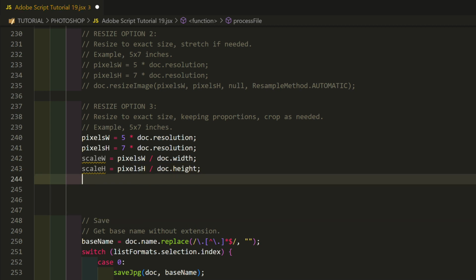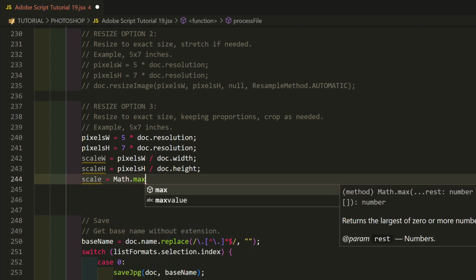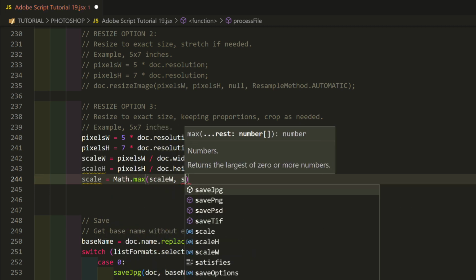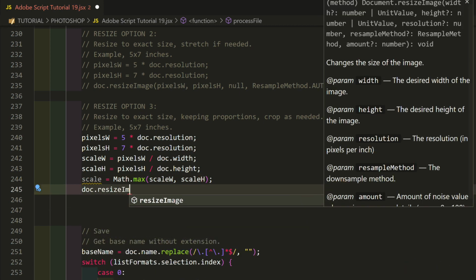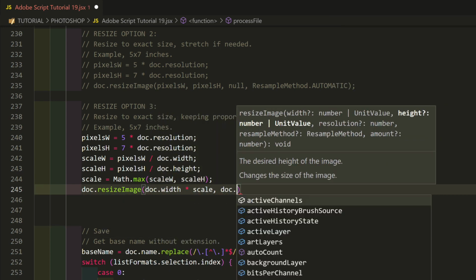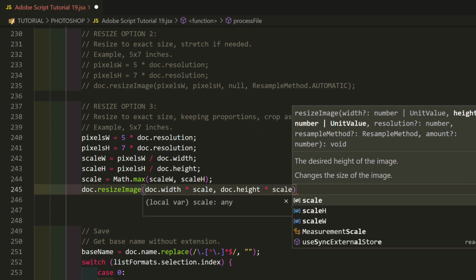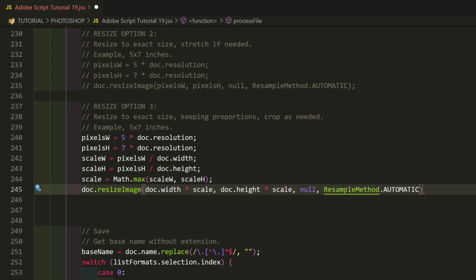But this time, instead of the lowest value, we want the highest, so the image is scaled no less than the smallest dimension. Do this by using the Math method max instead of min. scale equals Math.max(scaleW, scaleH). Then resize the image. doc.resizeImage(doc.width * scale, doc.height * scale, null, ResampleMethod.AUTOMATIC).